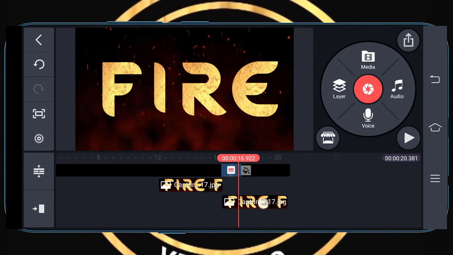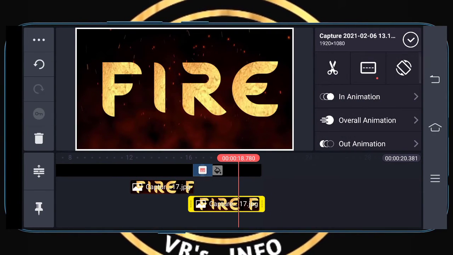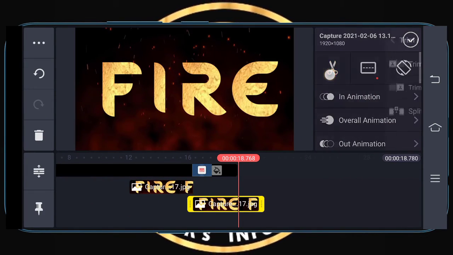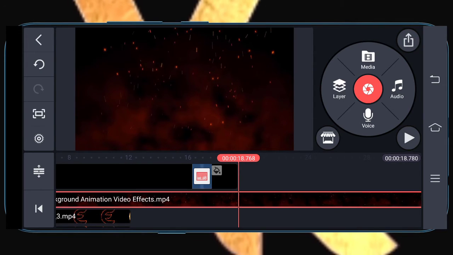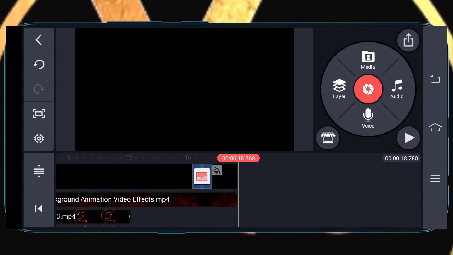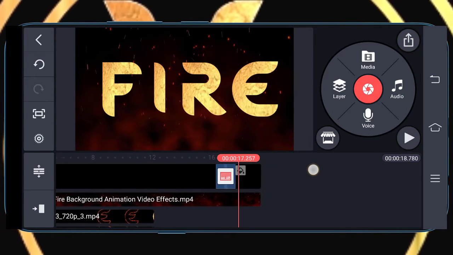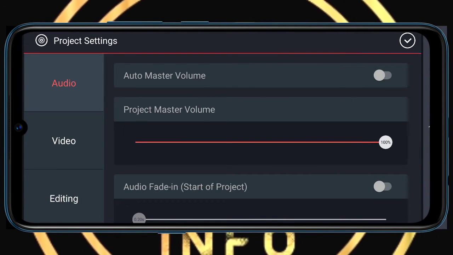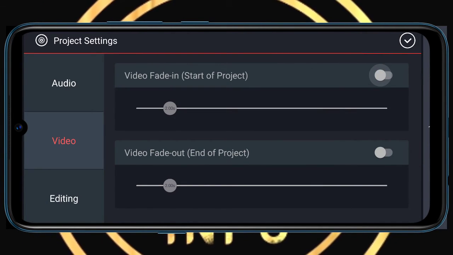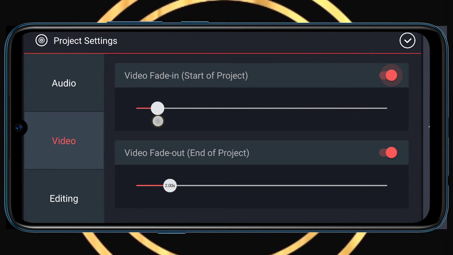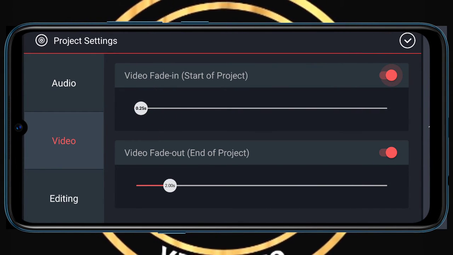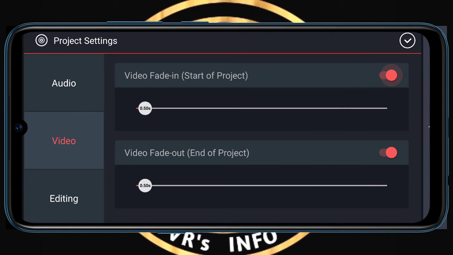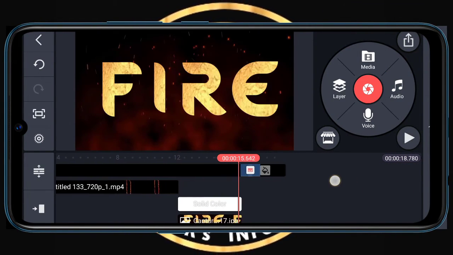You can add some bonus features, like you can put the cinematic frames, you can add some nice cool music, and that would also improve your presentation skills. But here I'm just giving an idea, so I have not added them. Once all adjustments and effects are put in, click on the settings option, go to video, and enable the video fade in and video fade out option, guys. This is optional, but this improves your presentation skills. Because I'm not adding the cinematic frames and the music, I'm doing this. So now your video is ready.